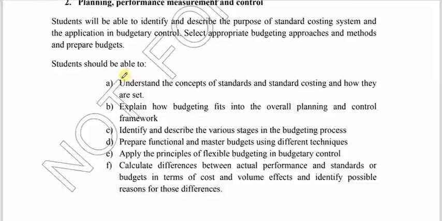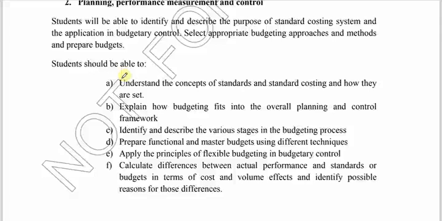So let us look at what this covers. Students will be able to identify and describe the purpose of the standard costing system and its application in budgetary control, select appropriate budgeting approaches and methods, and prepare budgets. So you should be able to understand the concepts of standards and standard costing and how they are set, explain how budgeting fits into the overall planning and control framework, identify and describe the various stages in the budgeting process,